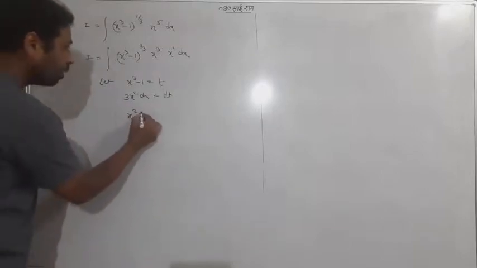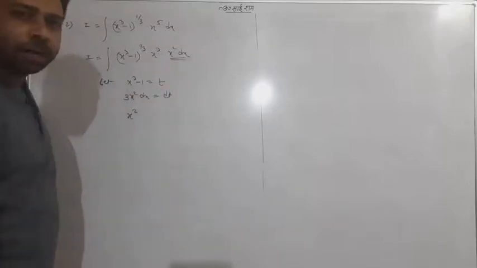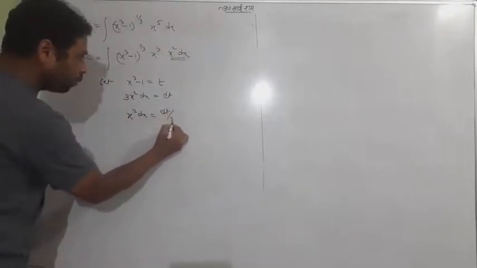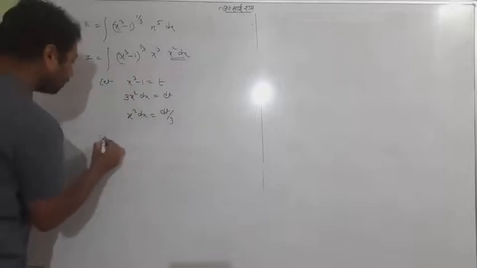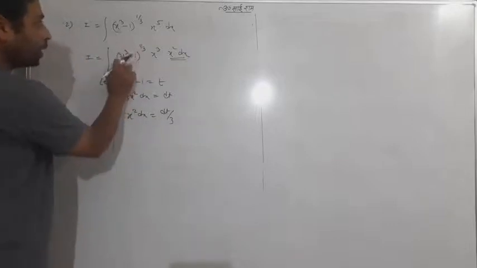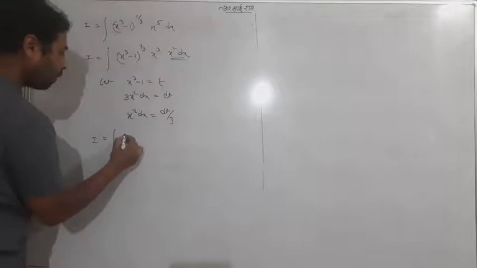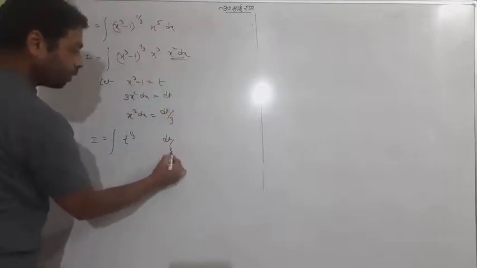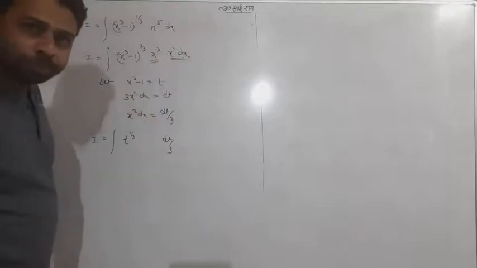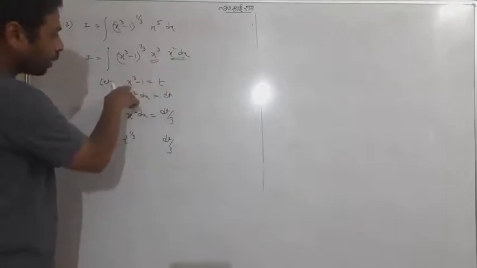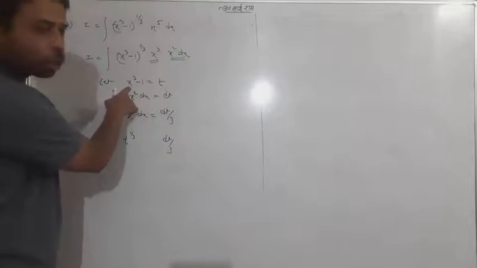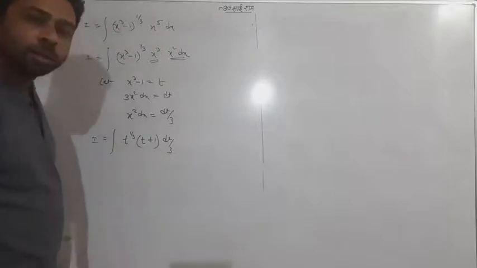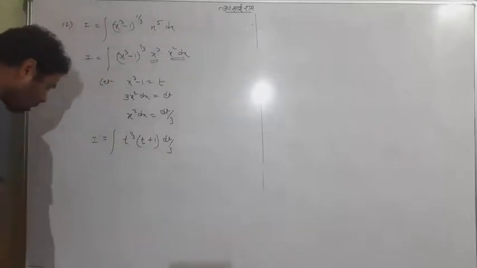Then finally, if you observe that you have x square dx in the question, you will transfer the 3. And then you can jump into the question, that x cube minus 1 was t to the power 1 by 3. That x square dx is equal to dt by 3. And what about that x cube? Look, in the whole situation the assumption says x cube equal to t plus 1. So right here, t plus 1. This is the thing. I think it's very easy.